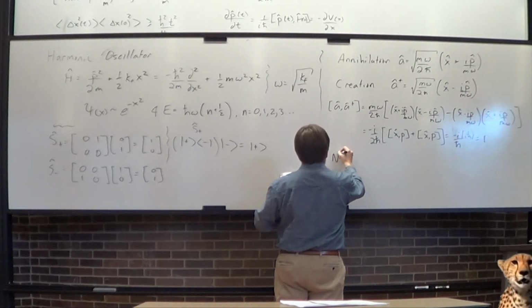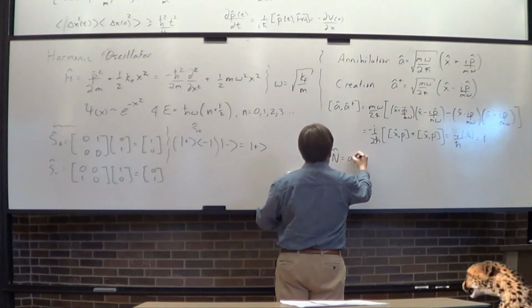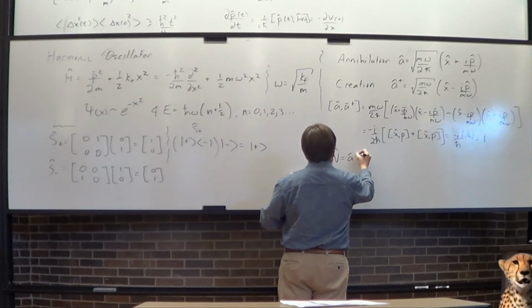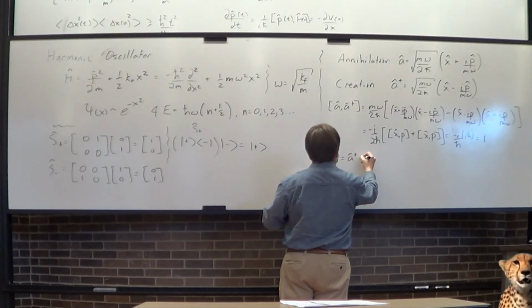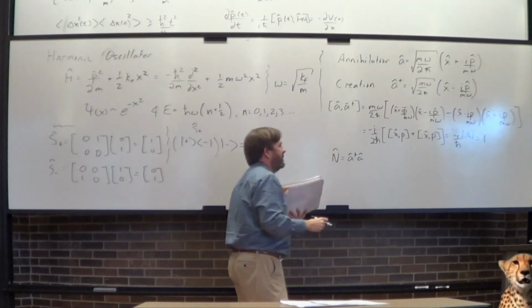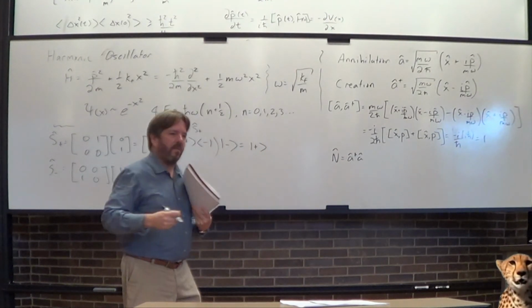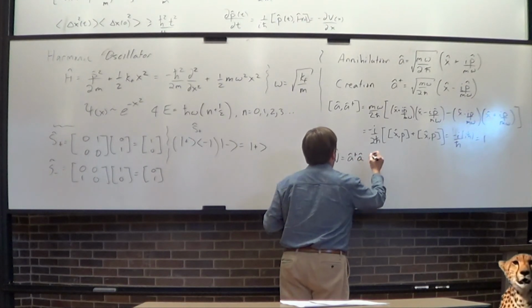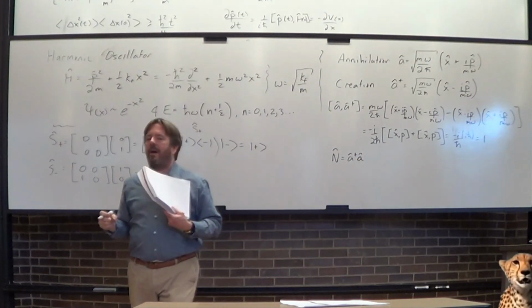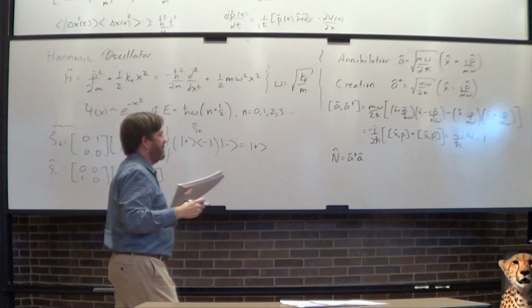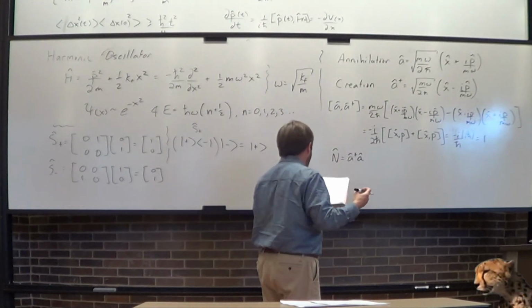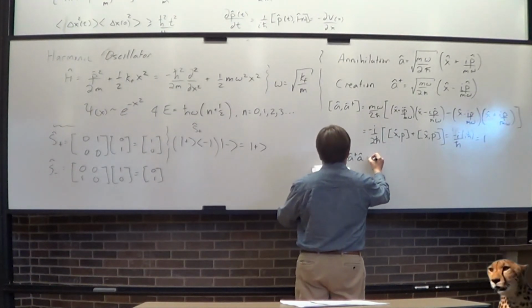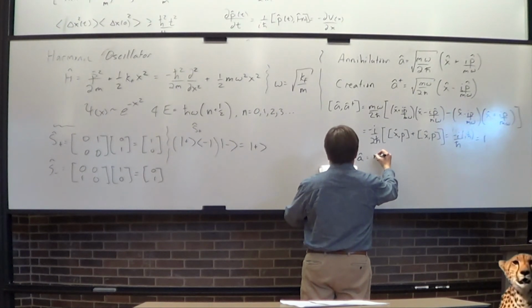and then there's this new operator. And I'm going to call it this. Remember that if I multiply two operators, it's a new operator. I'm going to call it the N operator: annihilation times creation. Oh, creation times annihilation, sorry. And what this ends up being is